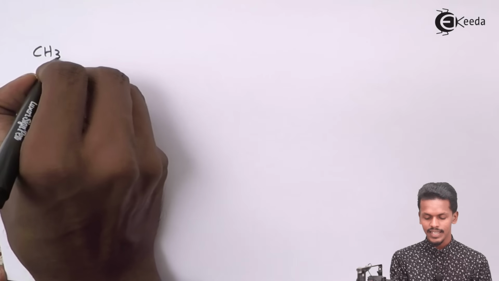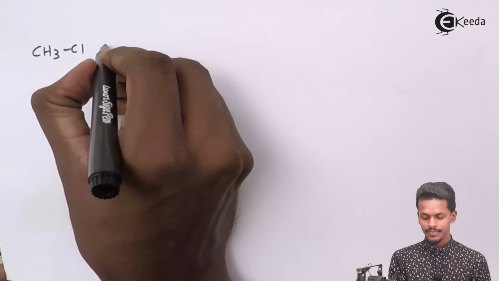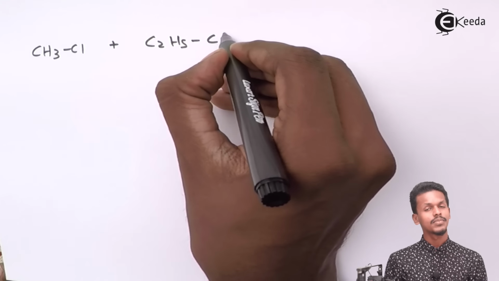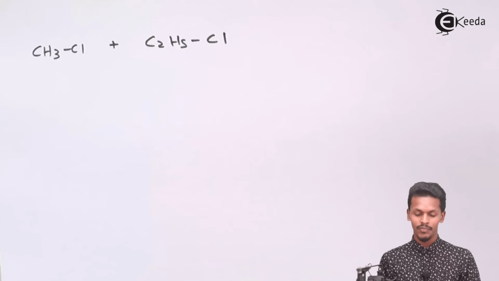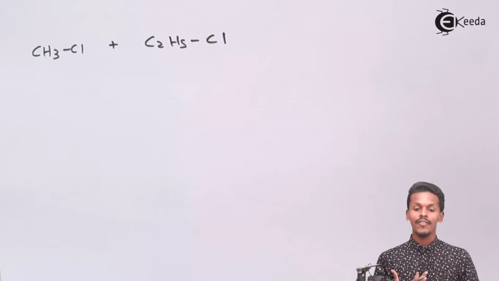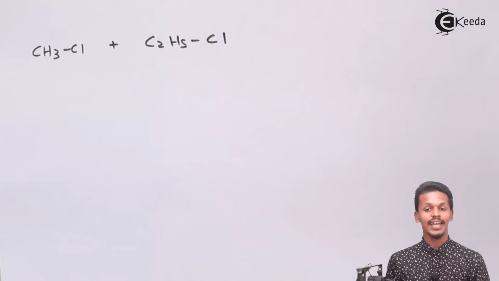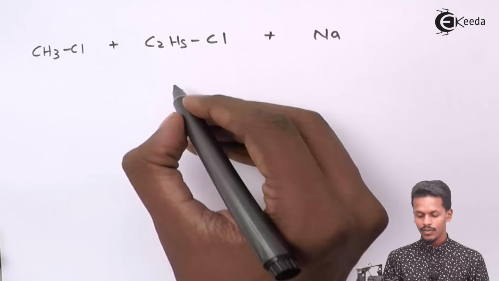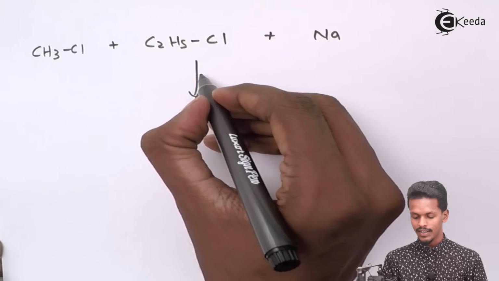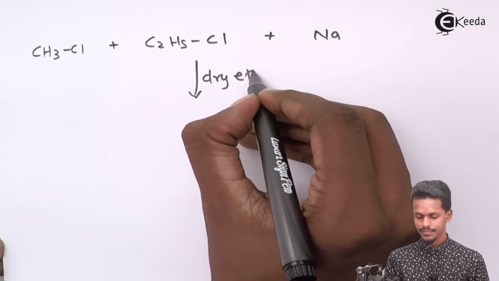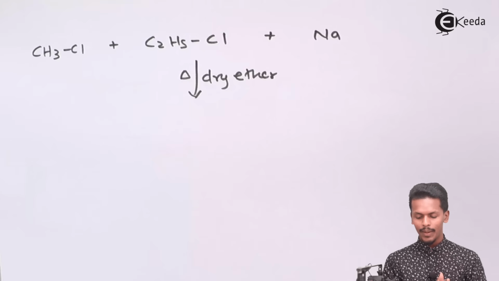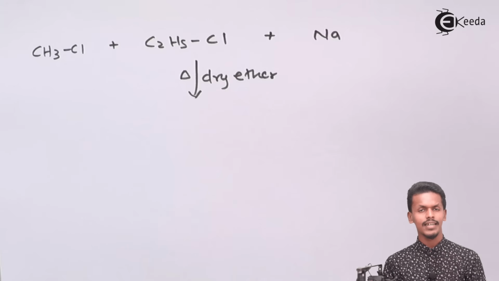where I could involve CH3Cl and C2H5Cl. Suppose this is what I have involved, a solution where I have methyl chloride as well as ethyl chloride, and I am introducing sodium in presence of dry ether, and I'm heating it. So what will happen is,